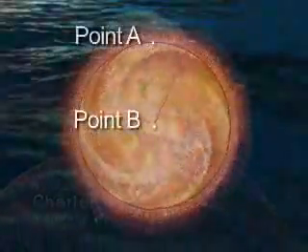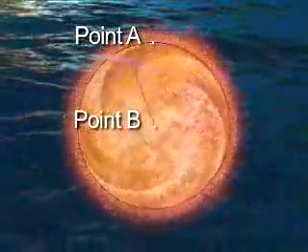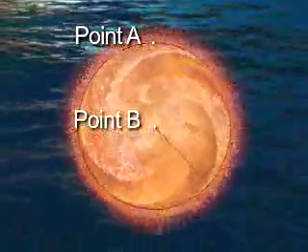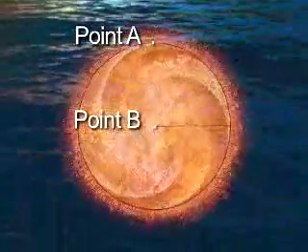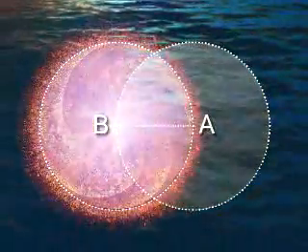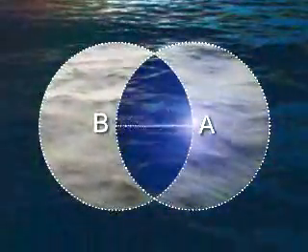Point A around point B, that makes a circle. But these two single points are clones, and those two points have equal potential. So not only can point A rotate around point B, but point B can also rotate around point A. This is one radius that both circles share.